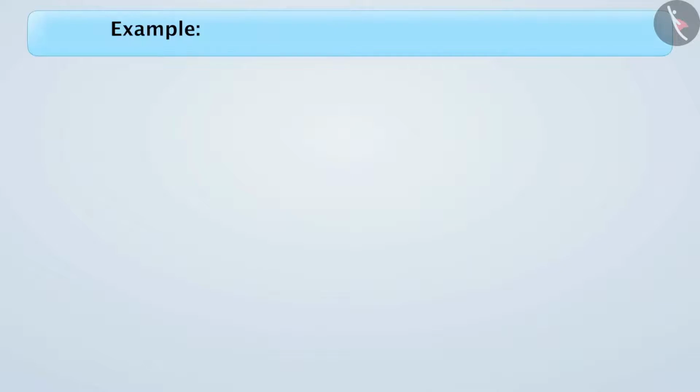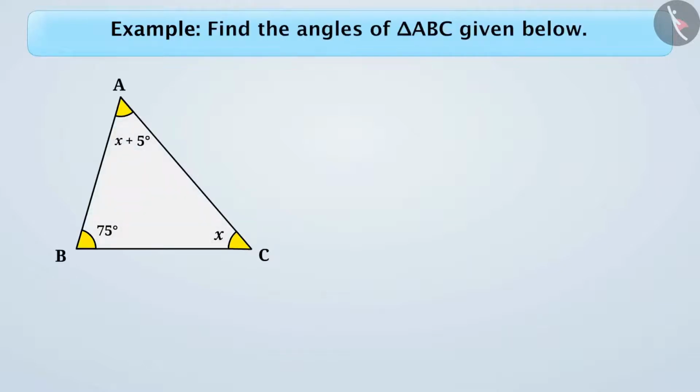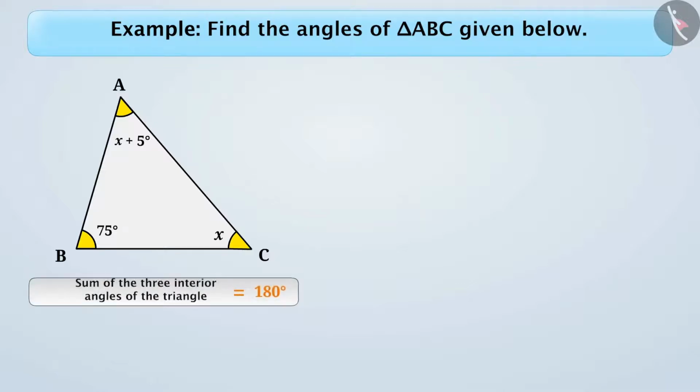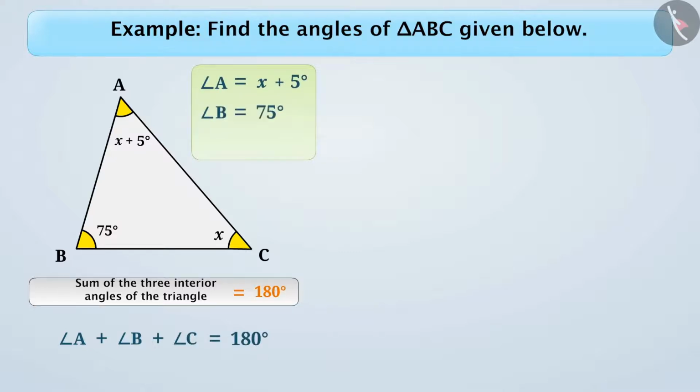Next example. Find the angles of triangle ABC given below. The angle sum property of a triangle tells us that the sum of interior angles is 180 degree. So here, we can write it as angle A plus angle B plus angle C is equal to 180 degree. Here, angle A is equal to x plus 5 degree, angle B is equal to 75 degree and angle C is equal to x. If we substitute these values in the equation, then we'll get